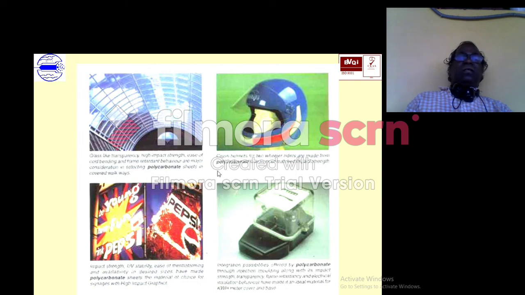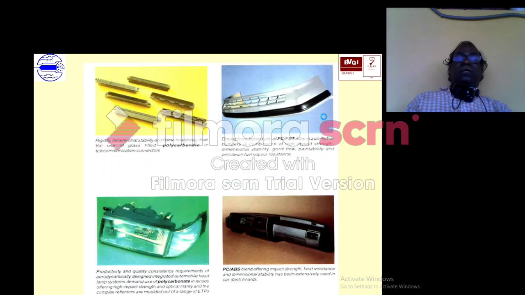So these are the applications. This we have seen already. The composite can use this. These are some important materials showing what type of plastic material is suitable for the different applications.